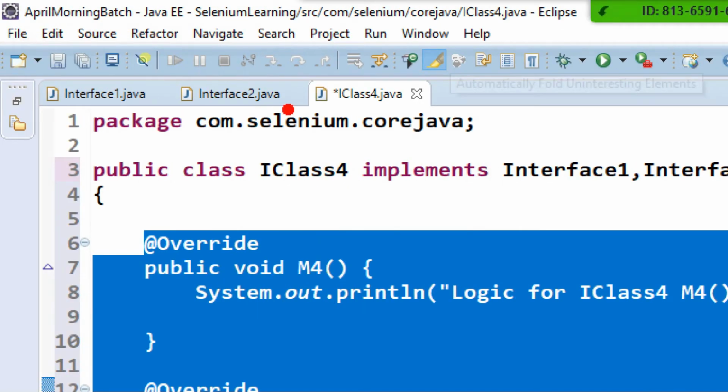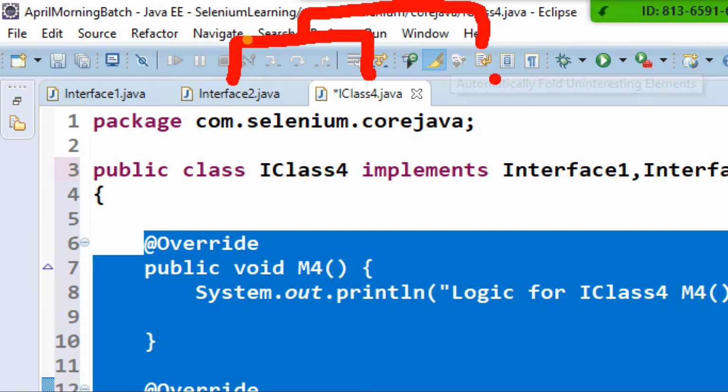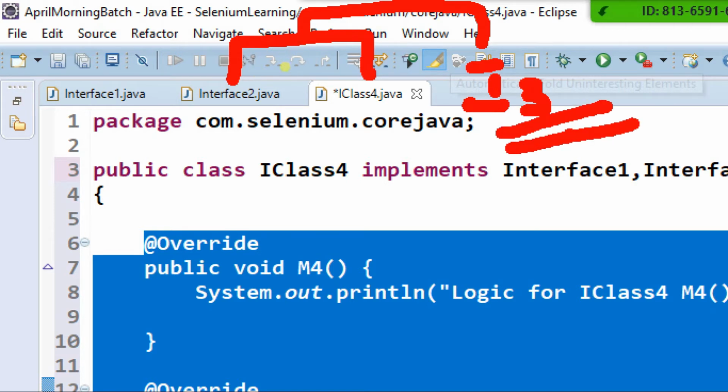Next point: I want to access multiple interfaces, all the methods. See, if you are creating the reference I3 based on this interface, for example, this I3 reference has the capability to access only this interface's related methods from this class onwards. What methods does this interface have?